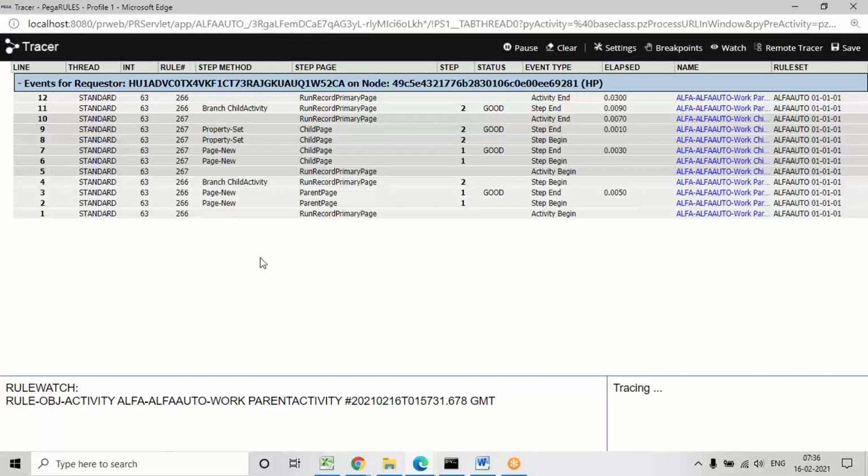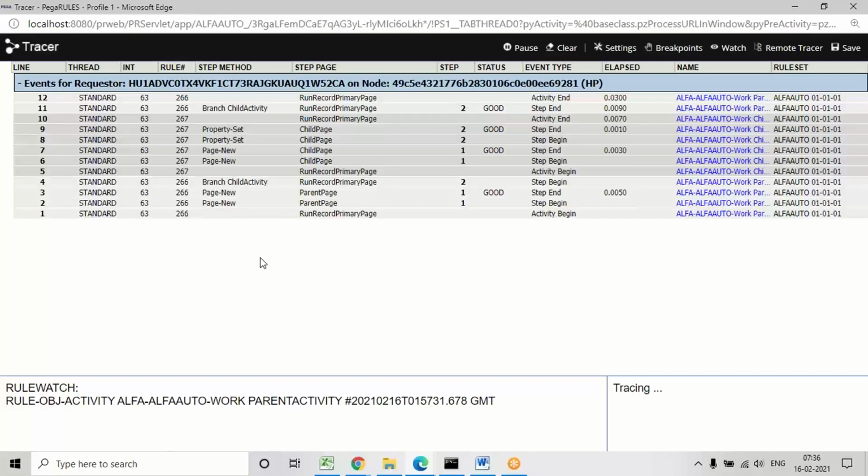Generally, when we use branch, it means conditional execution. If the condition is true, go to this step; if the condition is false, go to that step. As of now I haven't defined any conditions, but I'll show them in the coming cases. If you need conditional execution, only that particular step will be executed; it will not execute any steps after the branch. So for conditional execution, we need to go for branch.